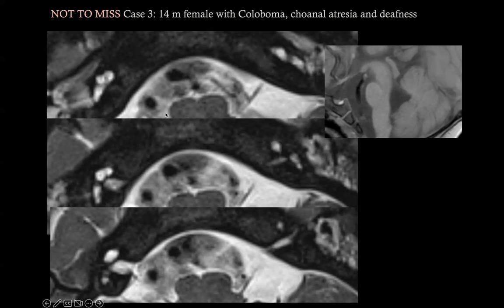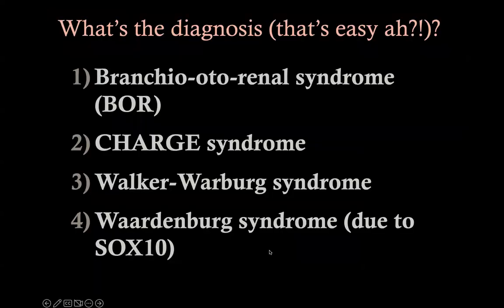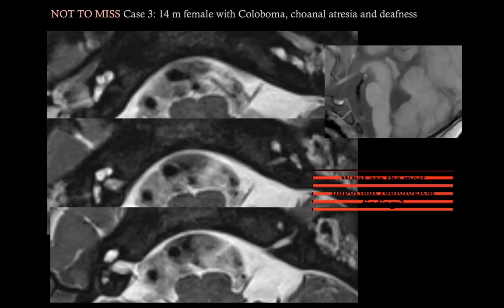But look what else is missing. Remember the anatomy. There are no semicircular canals. And there is, again, a problem in the brain, abnormal cochlea, but in this case it is variable, and there are no semicircular canals. This is typical of CHARGE syndrome. So remember, if you don't have semicircular canals with variable appearances of the cochlea, think CHARGE syndrome and look at the brain. Not only,